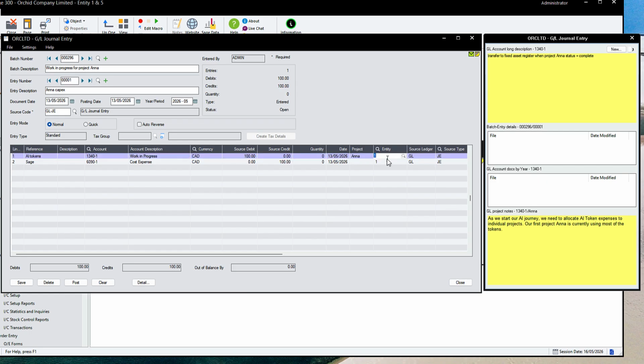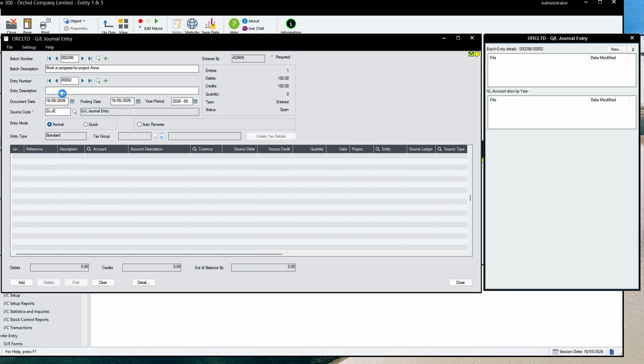I can also link Entity 1's project to a list of valid projects, so I can build that validation between the different optional fields using the Extender optional field Grid app. And as we can see, we also have some specific GL project notes for this account and this project. If I enter some other expenses,